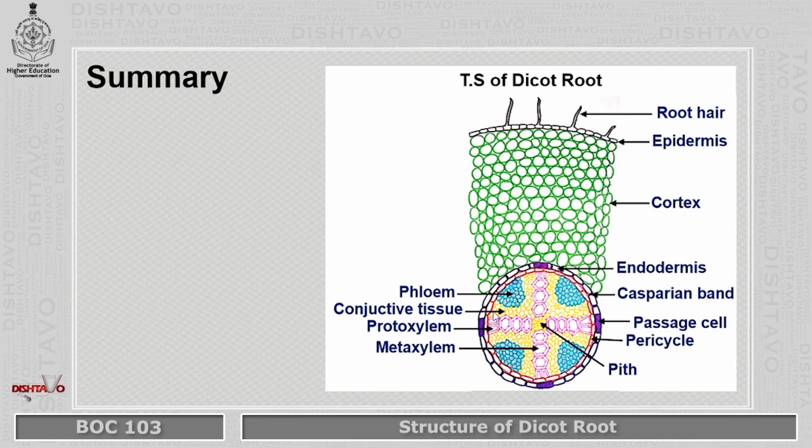The next layer is a pericycle. A pericycle is followed by a vascular bundle consisting of xylem and phloem. In between the xylem and phloem, there is a conjunctive tissue and the central layer is called pith. It is usually absent in dicots and if present, it will be very small. So, this is all about the structure of